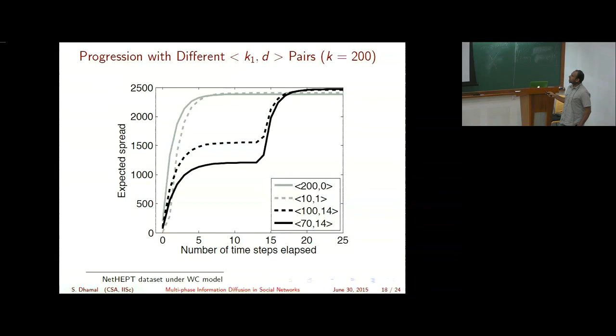What we see is that even that has a marginal improvement over the single phase diffusion. And just forget this number 14. You can consider this 14 as infinity, where you wait for a long time between the two phases. In that case, if I split the budget equally, 100, 100, then this dotted black line is the result. And this is the optimal split, that is 1/3 for the first phase and 2/3 for the second phase. In that case, this is the kind of graph that we get, and the final spread is optimal.